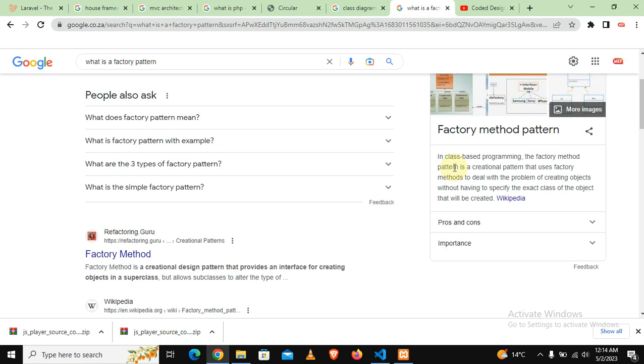Let's say the application that I've done, obviously I'm based in South Africa, I'm using rands, but what if it's being used by people who are in the United States? That will mean that there must be a change in currency. Some sort of currency must be converted. So as much as I'm creating an invoice class, if it's going to display the amount of money, that will mean, just as an example, it must use a currency class